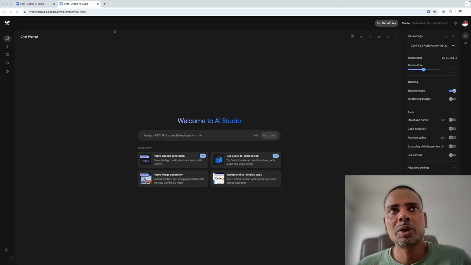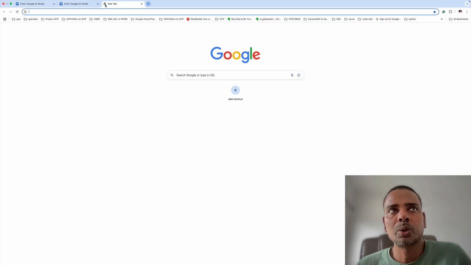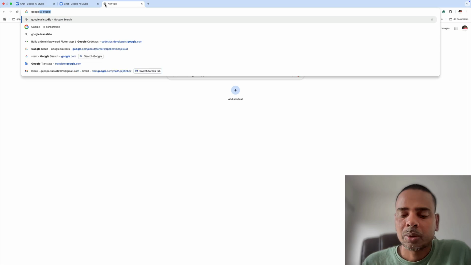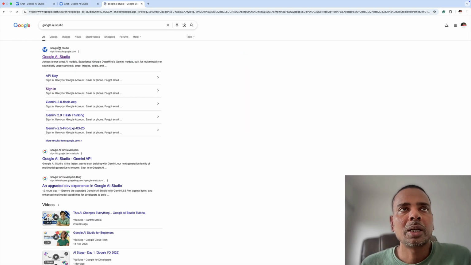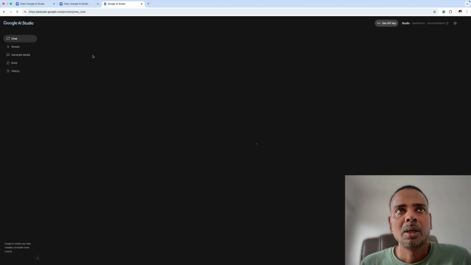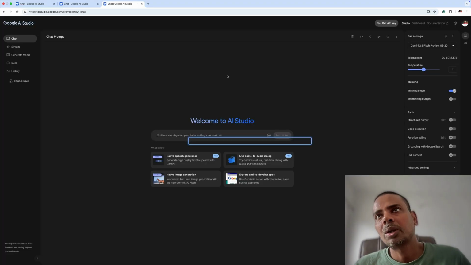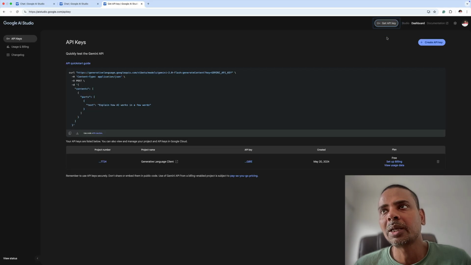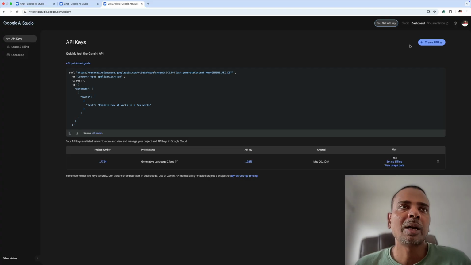First of all, you have to go to the URL and type Google AI Studio, and this is the very first link. You click over there. Before we start working on it, we'll create a Get API key. There is an option, Create API key. Once the API key is created,